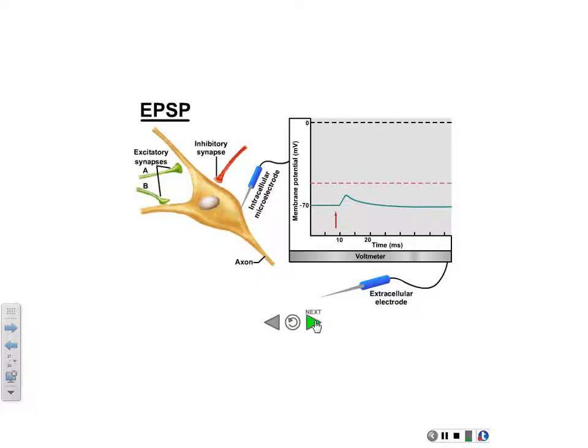So another thing you'll see is that they can be summed up, okay? Because remember, if one neuron is getting like 1,000 of these synapsing on it, you could have an excitatory postsynaptic potential that doesn't reach threshold, and another one that doesn't reach threshold. They can add up, and then it can reach threshold. And I'll show you that in a little bit. So this is another one right here, where you have an inhibitory one, chloride gets in, and then it becomes more negative because it's negatively charged, right?